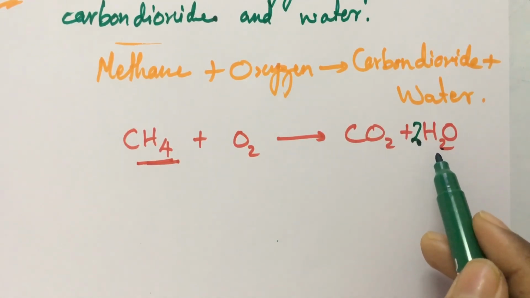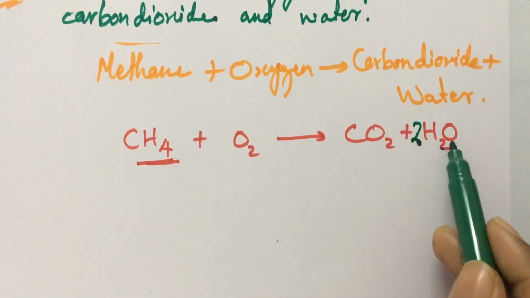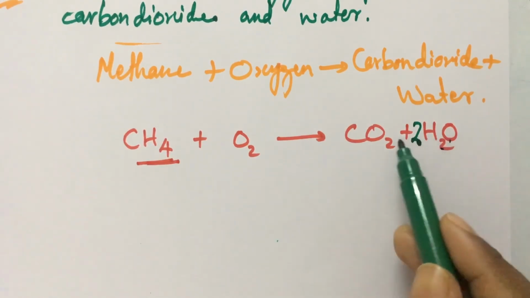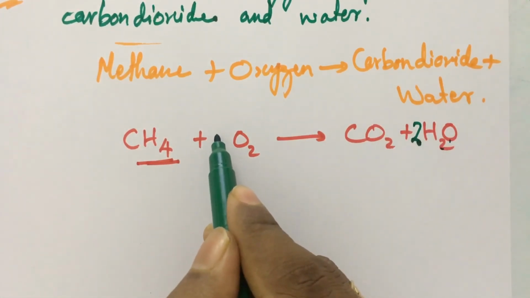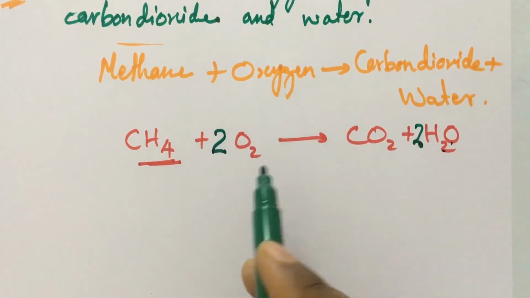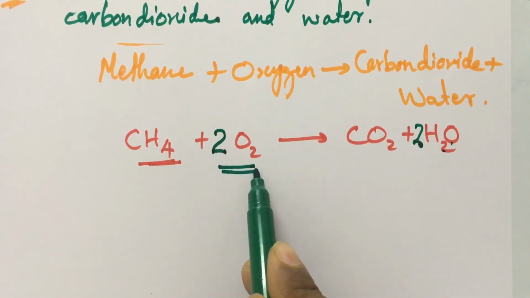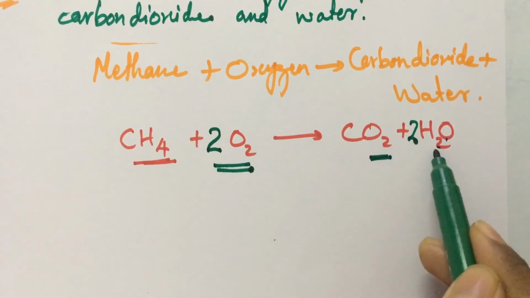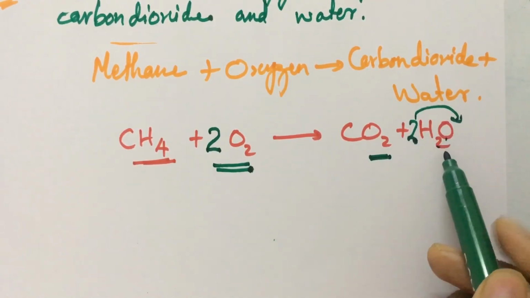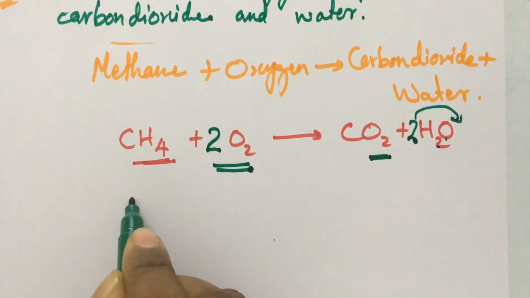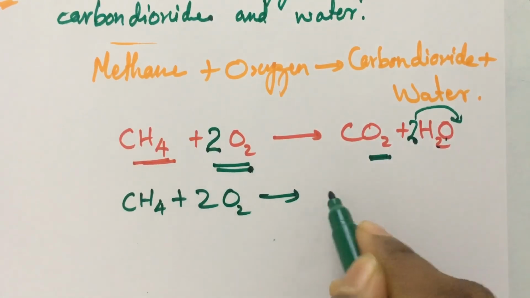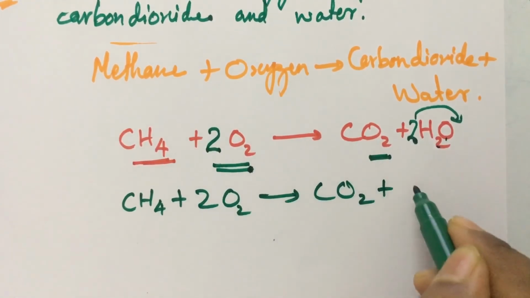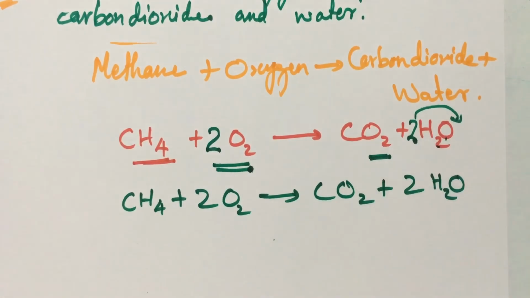Of course, by putting the 2, oxygen also became 2 here, and 2 plus 2 is 4 oxygen atoms. So in order to balance that, oxygen here is 2 only, so put 2 over here. So here 4 oxygen atoms are there now. This 2 is common for this oxygen also. So we can write the final equation as CH4 plus 2O2 gives CO2 plus 2H2O, which is the balanced chemical equation. Let us do the next question.